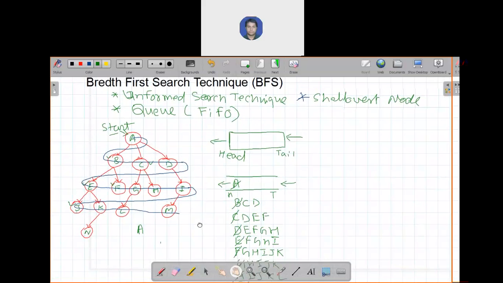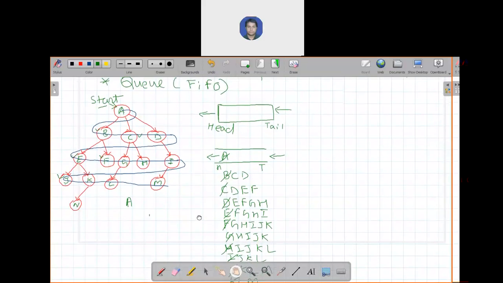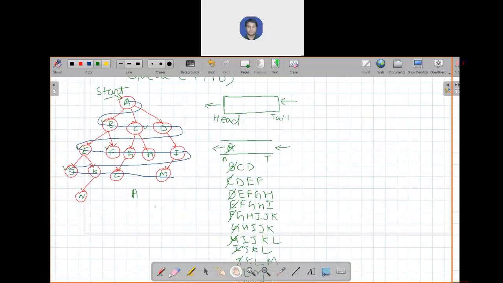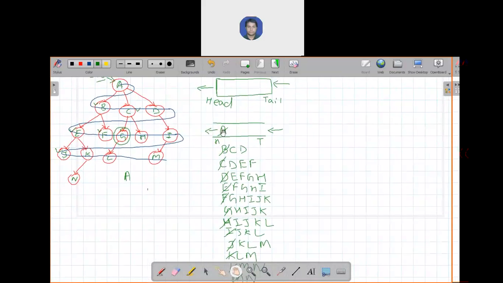The second point is, just consider your G or H or whatever, G is your goal state. Just consider this G is your goal state, then you follow this way. A, then from A we can reach B, C, D, we remove B, then you can explore the C, D, E, F, means C, D are already in your queue, and you enter the element E and F.